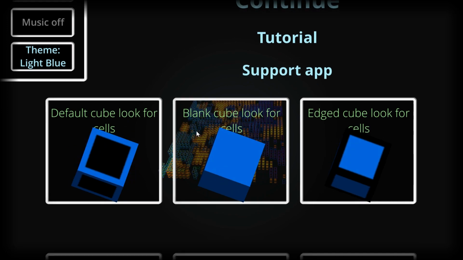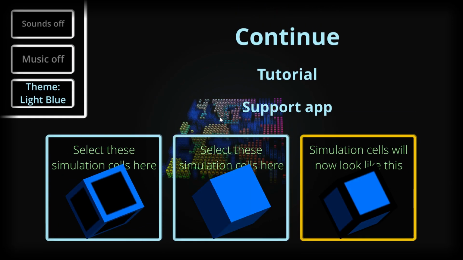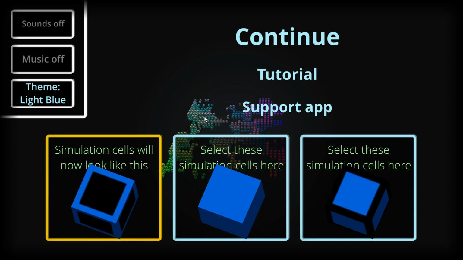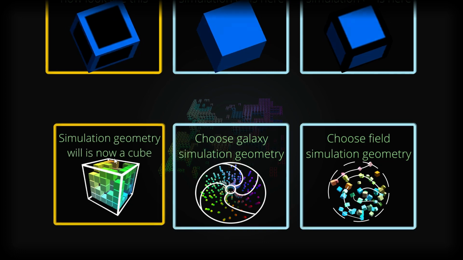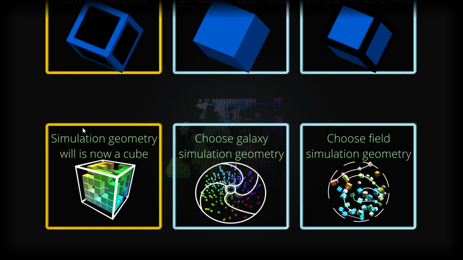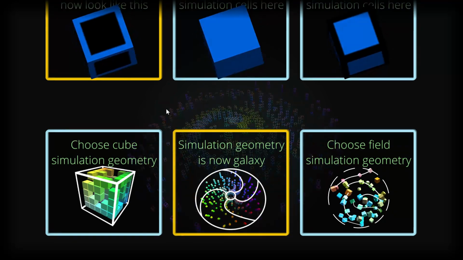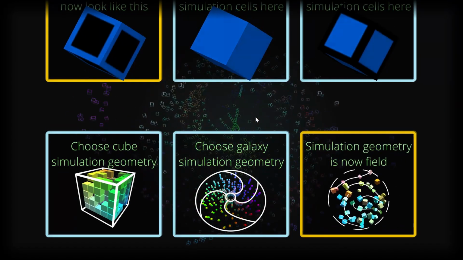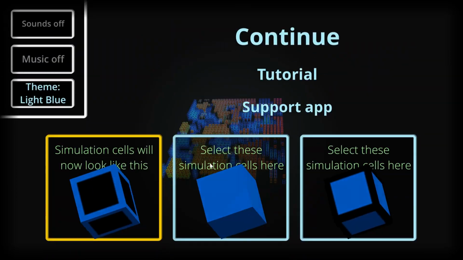Here also are a couple of looks for the simulation cells. So if I change these, you can see that the simulation in the background changes appearance. And also here we have the simulation geometries. This cube geometry is the normal one, what you can see. Also there's this galaxy geometry and this field simulation geometry. Let's stick with the cube